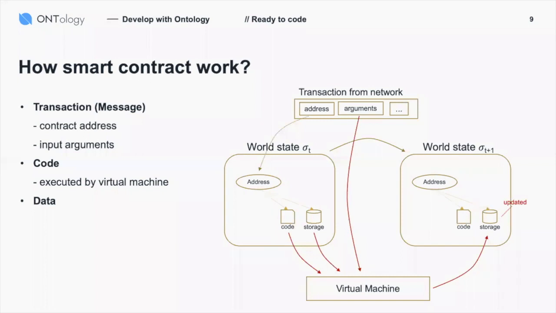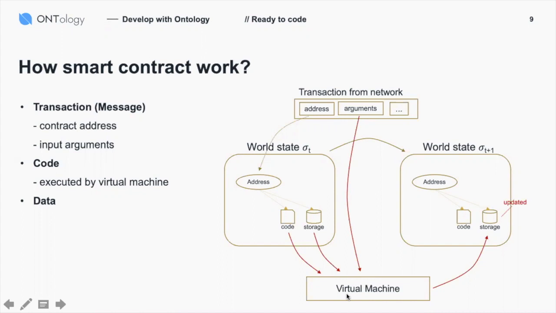When a node in the peer-to-peer network processes the block and the transactions in the block, it first parses your transaction and gets the contract address. For each smart contract there is some code and some internal storage, and all this information is maintained by every node. So every node has the code of the smart contract and the storage data for it. It will load the code and storage, and with your arguments, put all this in a virtual machine, the smart contract virtual machine,